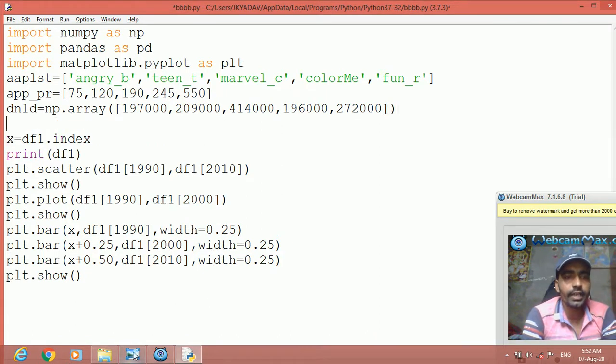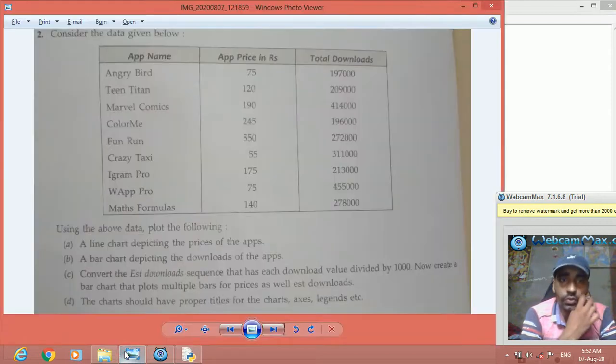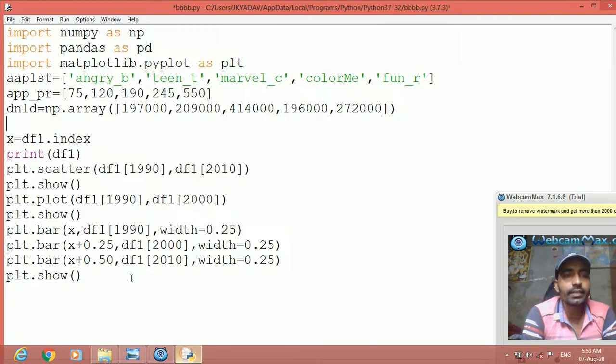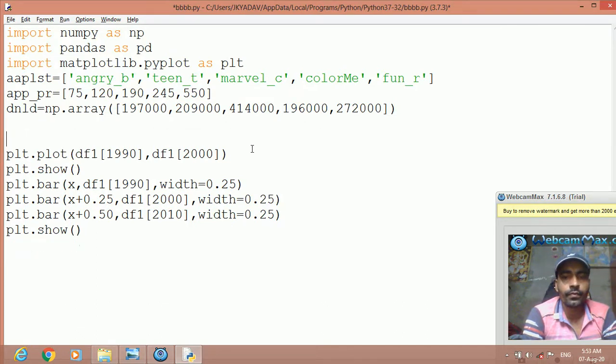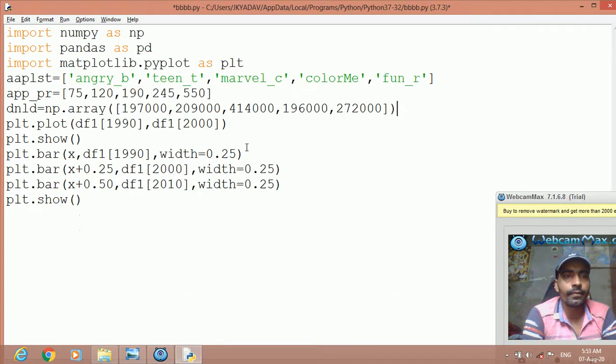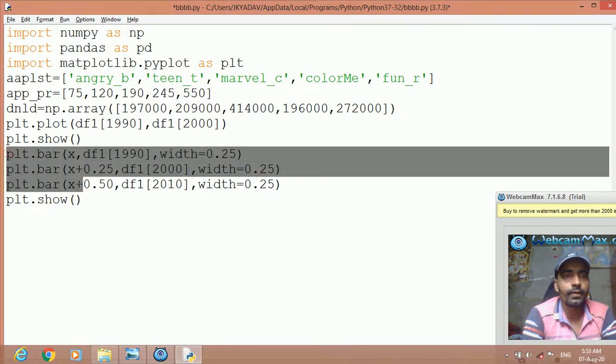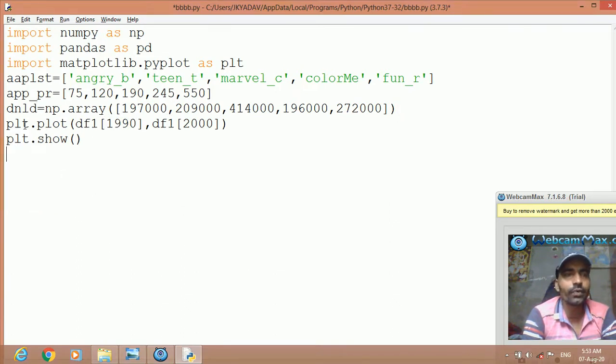Now it is asking what to do: a line chart depicting the prices of the apps. So let us create a line chart depicting the prices of the app. Let us remove all this, only the line chart we want. So plt.plot.